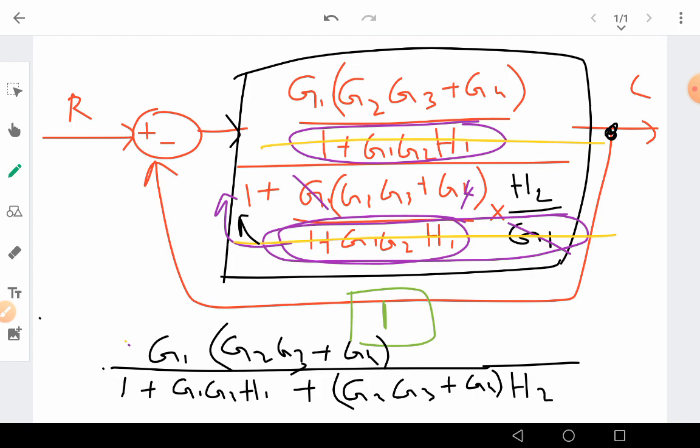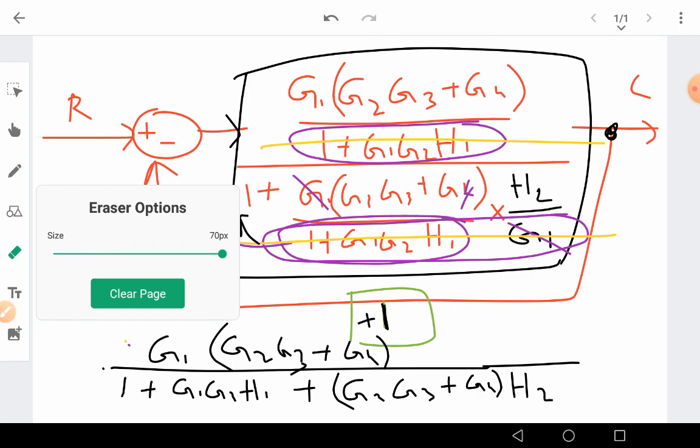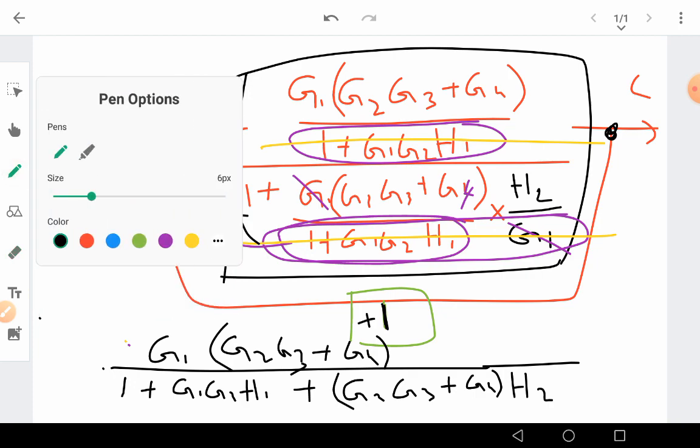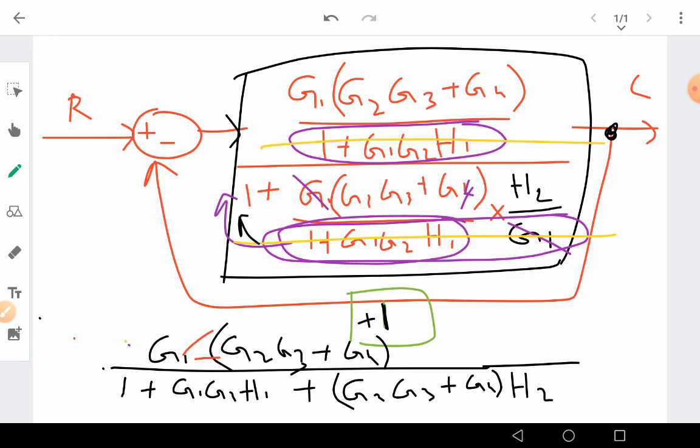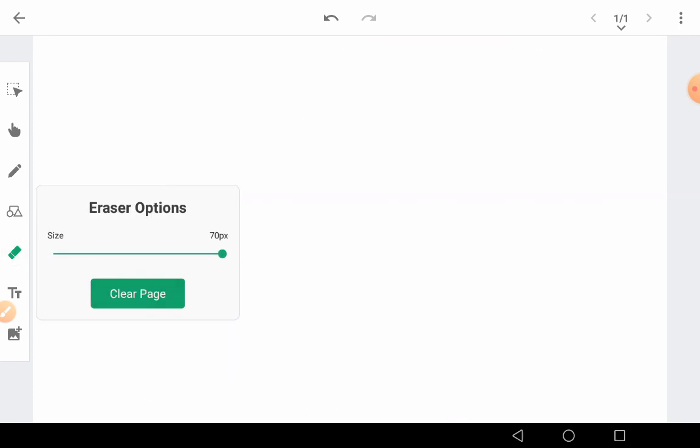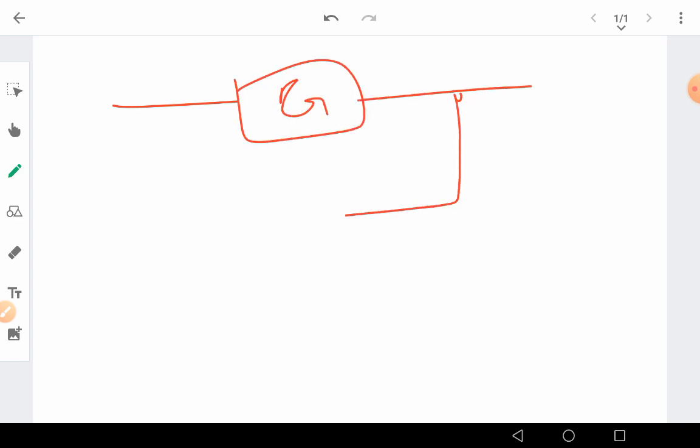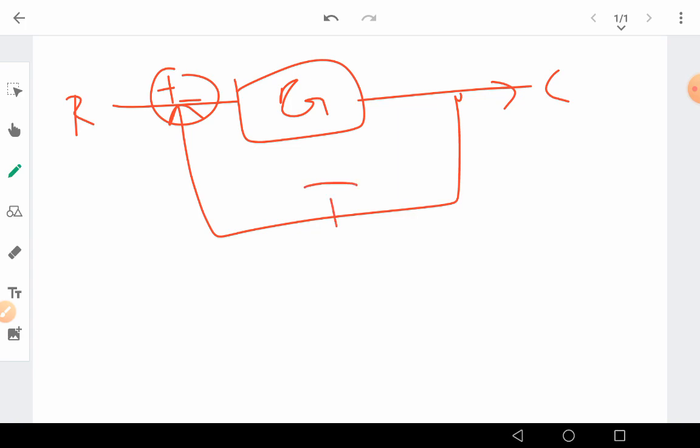fine. Now again you have a feedback. What is the feedback gain? 1 is the feedback gain, plus 1 is the feedback gain. Again, if I use the same feedback formula, what will you get? Before, I need to simplify it. I need to cross multiply G1 here and G1 here. Again H2 should be cross multiplied here too. So again it can be simplified, and again I have a gain. This is this form right now, and this is plus and minus. So this is R, this is C. Now this has a gain, we know this gain is 1 by default again.